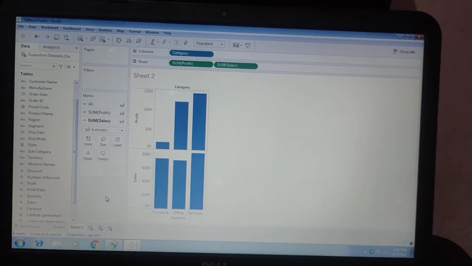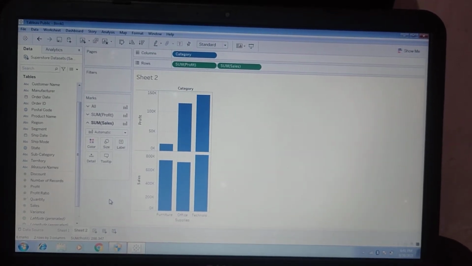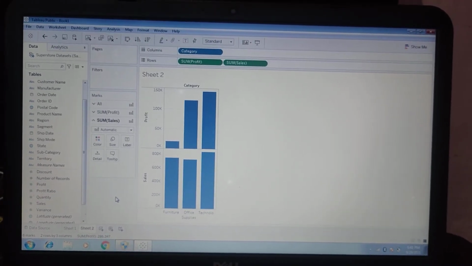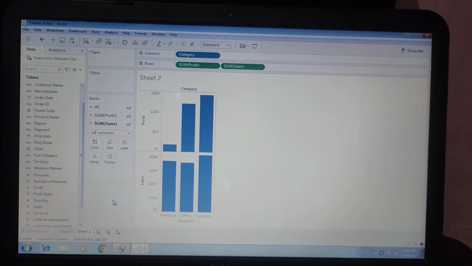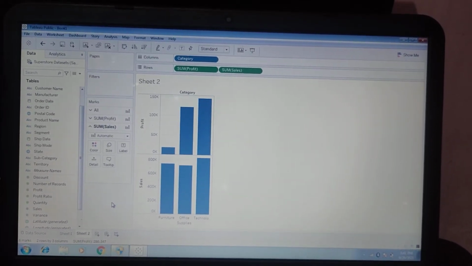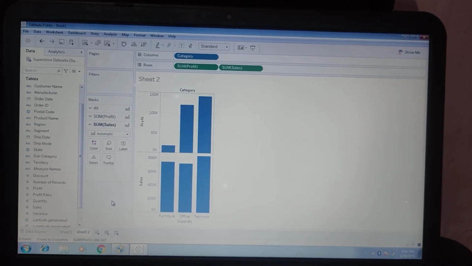We can see we have both charts, but the color is the same for both measures. So what we can do is change the color of the bar chart so that we can easily recognize which bar is for which measure.